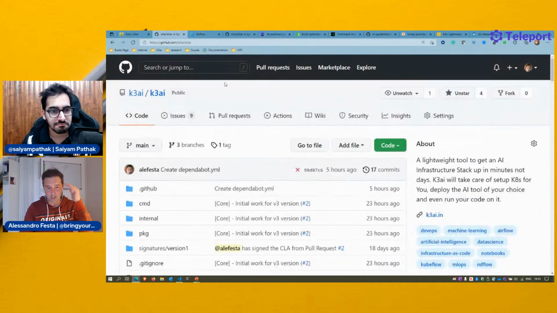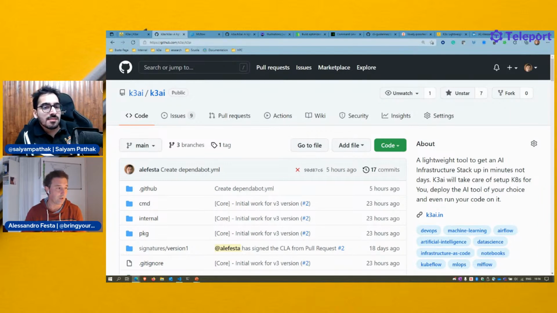Finally, I did not yet mention all of them, but the usual suspects: Cobra and Viper as the libraries for Golang. This is pure Golang, because there are plenty of projects in Python, but I think Golang is way better to do that, and so on. So those are the things that I bet on. Oh, we got 7 stars. Cool. Thank you, people. Really appreciate that. So that's it. Awesome. That's all we got.